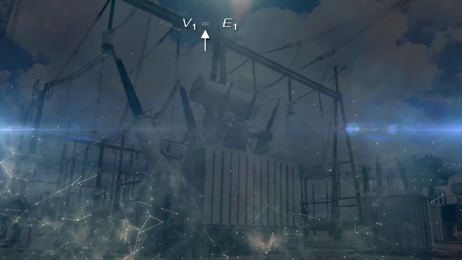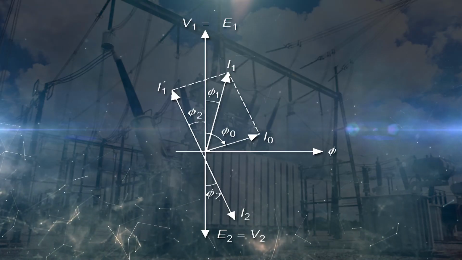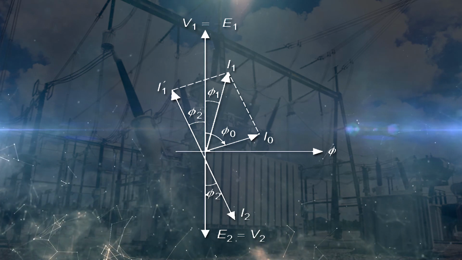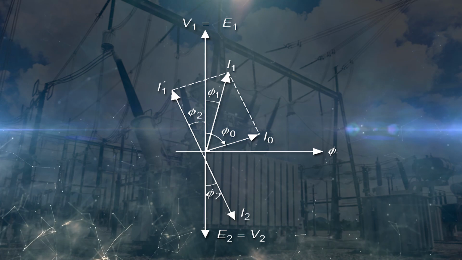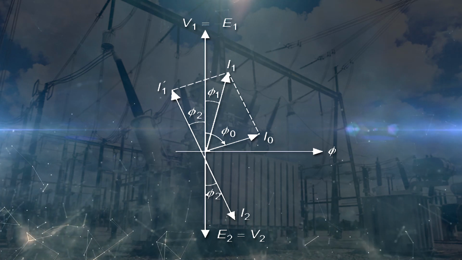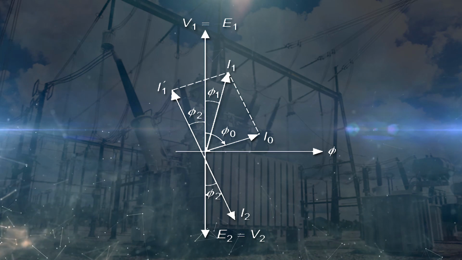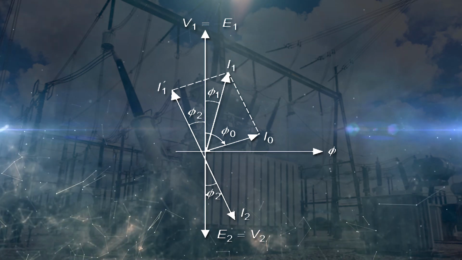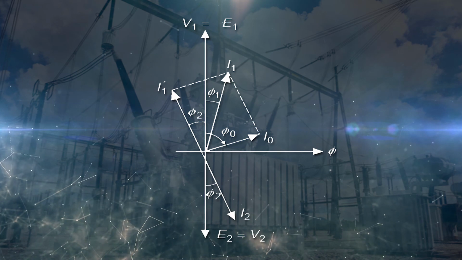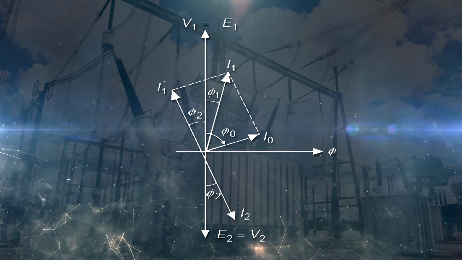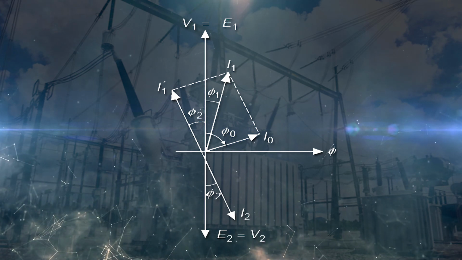The next phasor diagram that we are going to discuss is the phasor diagram for the capacitive load. For the capacitive load, the current leads the voltage by some angle, and this angle will depend on the nature of the capacitive load, that is, on the value of resistance and capacitive reactance Xc. The way of drawing the phasor diagram is the same as for the resistive load and the inductive load, and the same methodology will be followed for the capacitive load also.